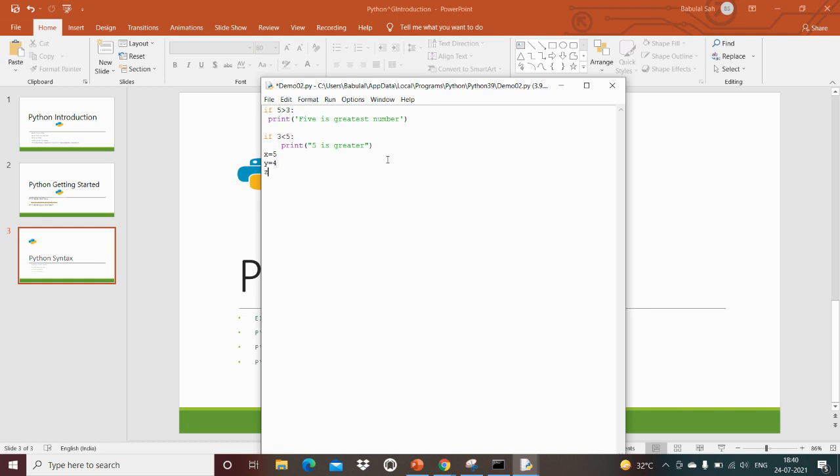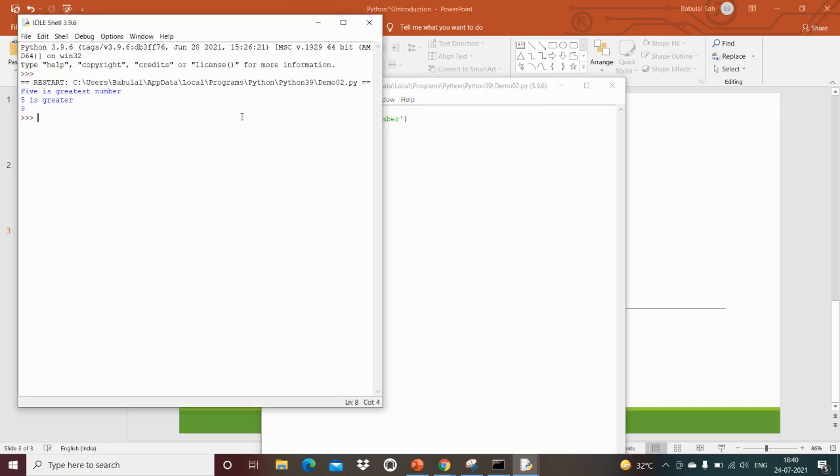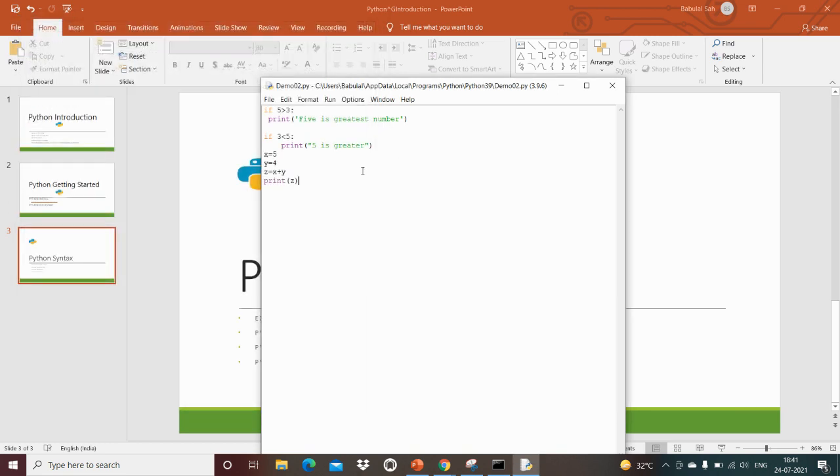And z is equal to x plus y, right? And print z. That's it. Now it will print the result. Now see, it's printing 9. So in Python, assigning a variable is very easy. Python has no command for declaring a variable. You will learn more about variables in the Python variables videos.